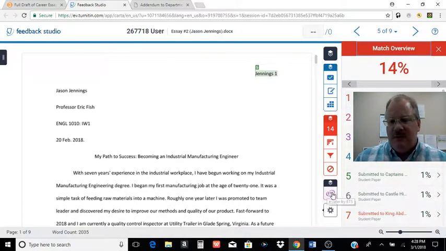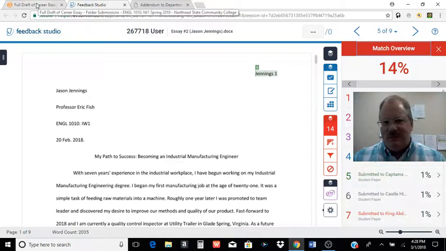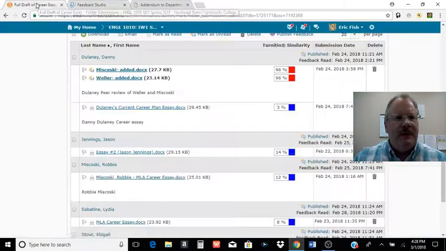There's other functions to this. If you click the e-rater, it's like another grammar check. The problem is it's wrong quite often, and it can really confuse students, so I generally don't recommend using it. If you want another grammar check to go through your paper, you can use it if you want to. But again, be careful. It's wrong quite often with punctuation, so you want to be careful there.